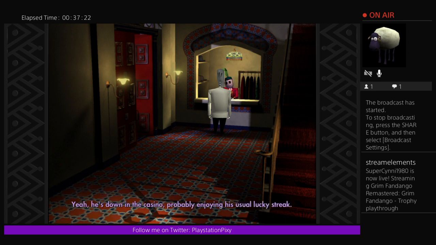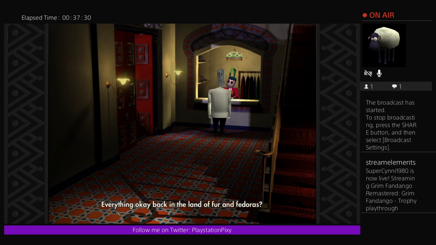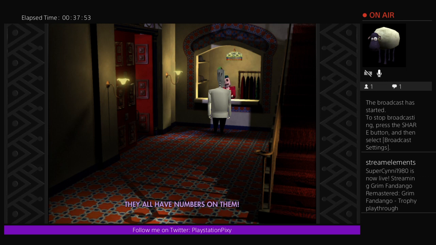Bogan come in yet? Yeah, he's down in the casino, probably enjoying his usual lucky streak. Everything okay back in the land of fur and fedoras? Everything's in order. It's beautiful. I can't wait for people to come in and try the new system. It's so cool. Want to hear about it? Okay, tell me all the details about your new coat check system. Yay! Okay, I found all these plastic tiles in the back, left over from the automat, and guess what? They all have numbers on them. So what I'm doing is, I give one to everyone who checks a coat in and...